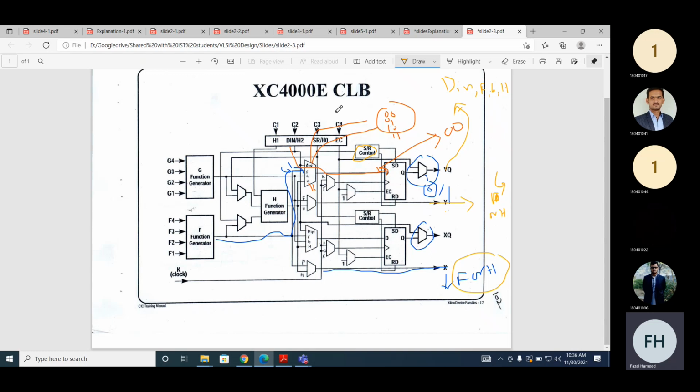C3 is coming from here, from above, and there is set and control here. C3 only. There can be only C3, and C4 maybe also. Okay, there is C3. You can control it from C3.